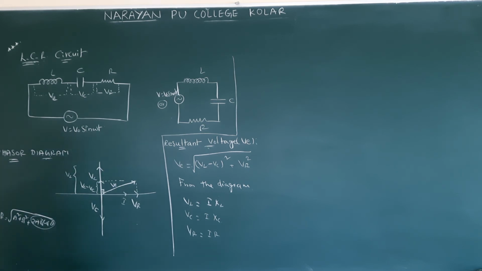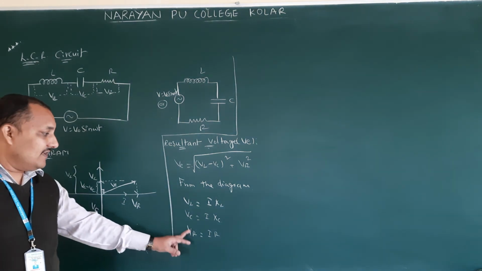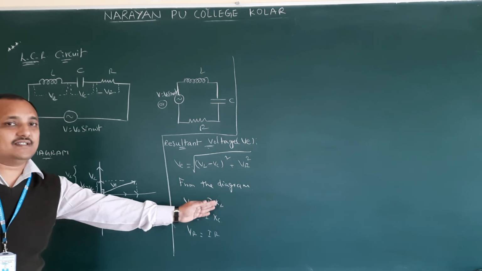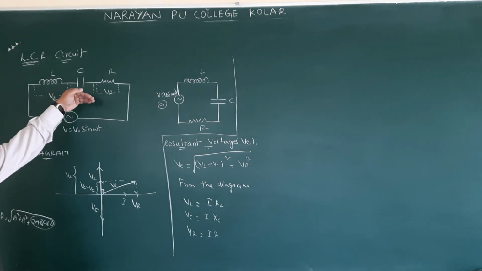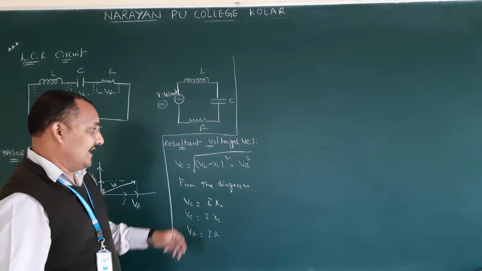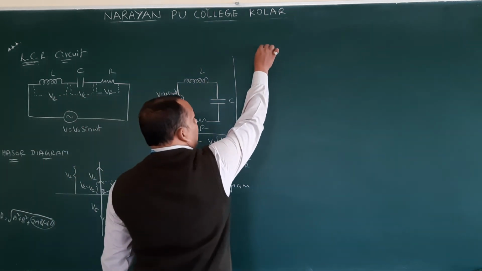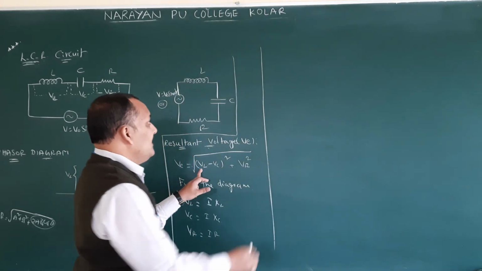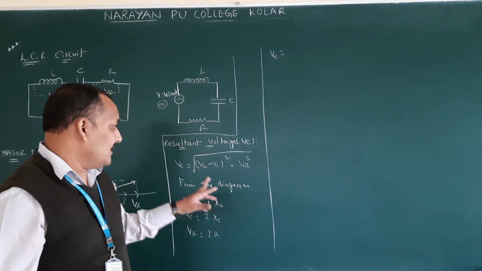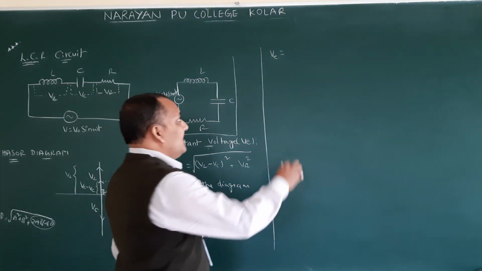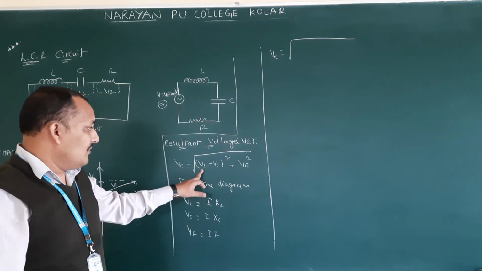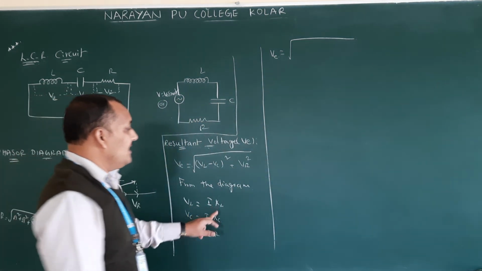Then we will be getting the final answer. Isn't it? So already this VL, VC, VR, the amount of current flowing through this one is I. So current into resistance. I said before, whenever I am starting here, what is VL, VC, VR. VL is voltage across the inductor. Now substitute all this here. So V is equal to, or resultant voltage V also you can write, that is no problem, root. VL means how much? VL means I into XL.